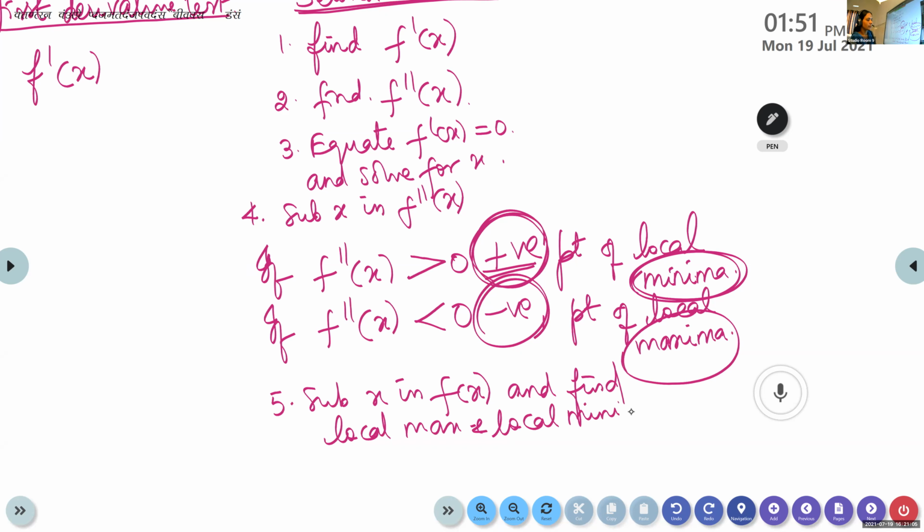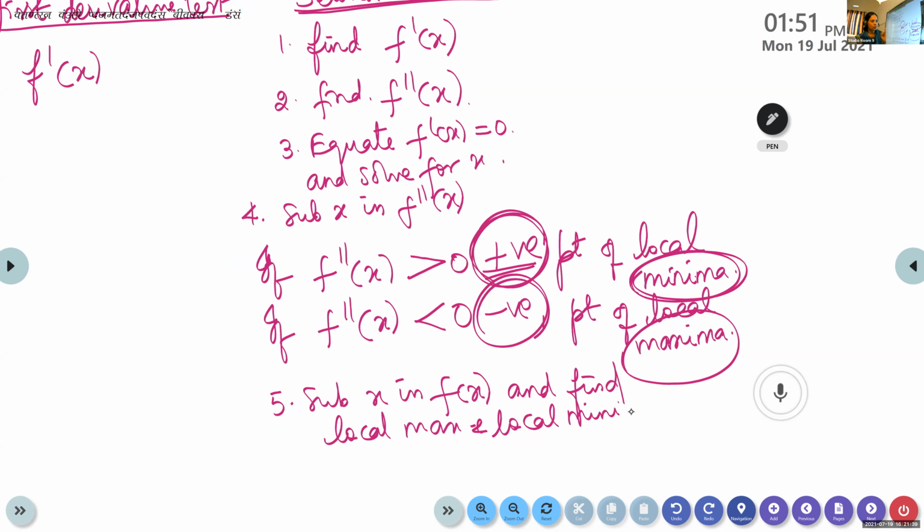Okay children, listen. Suppose we are given a function, we can find the derivative. And using these derivatives, we can find the maximum value and minimum value of the function. There are two methods. In the first derivative test, we differentiate only once. But in the second derivative test, we differentiate twice. We find f dash of x and f double dash of x.